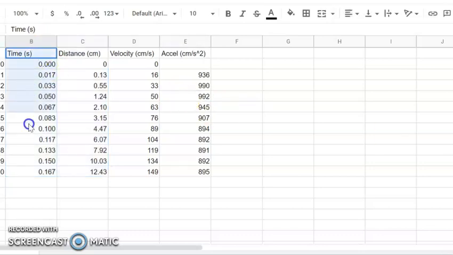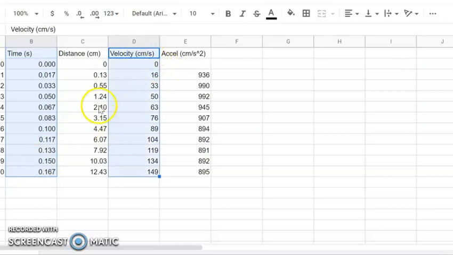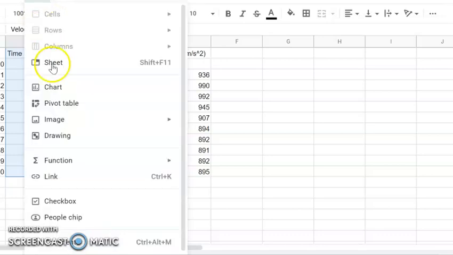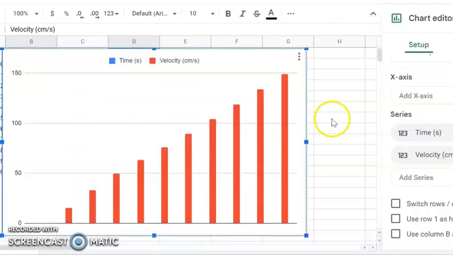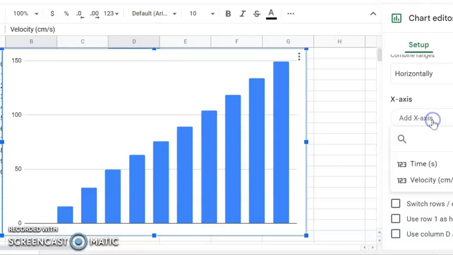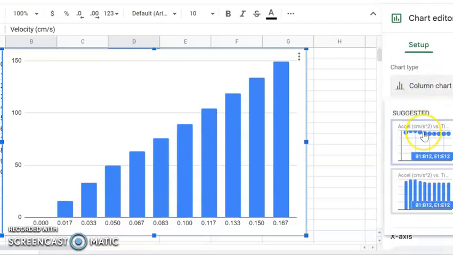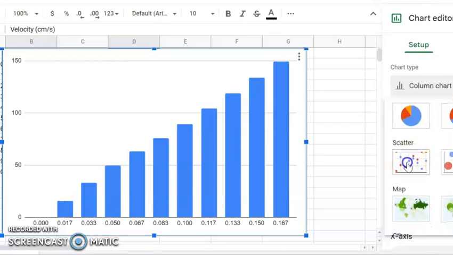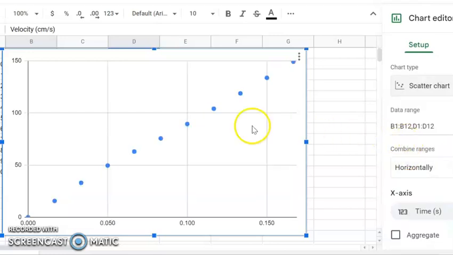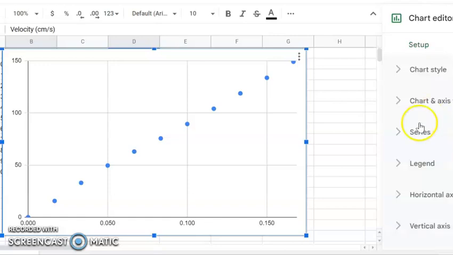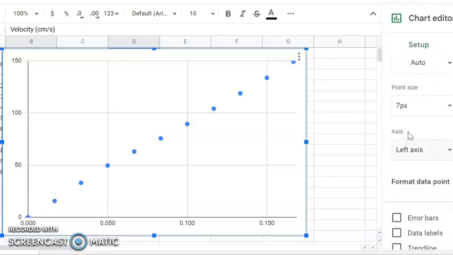So let's make another graph here. Select, hold down Control, select again. And we will go up to Insert, Chart. And once again, the computer has decided to give us a bar graph. We don't want a bar graph. What we want is a column chart. We don't want a column chart. What we want is a scatter plot. And then we will customize, series,